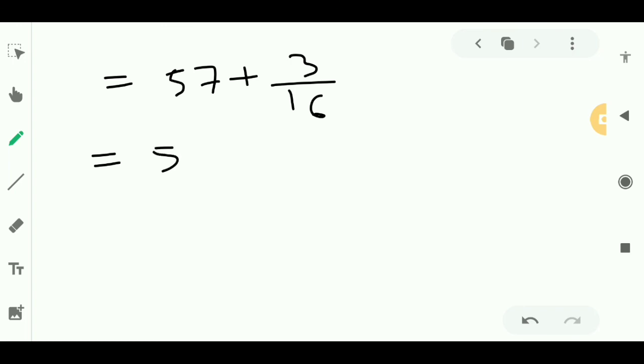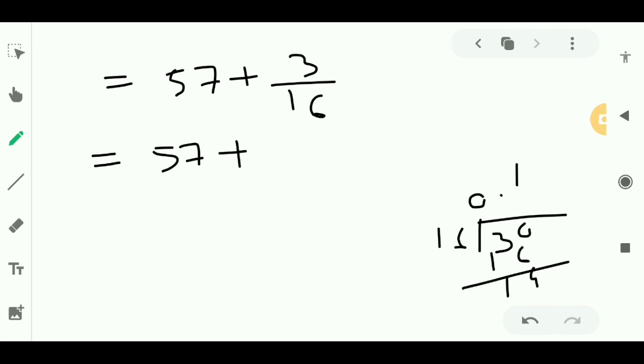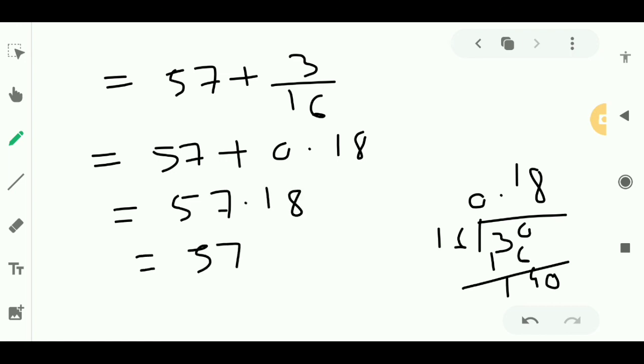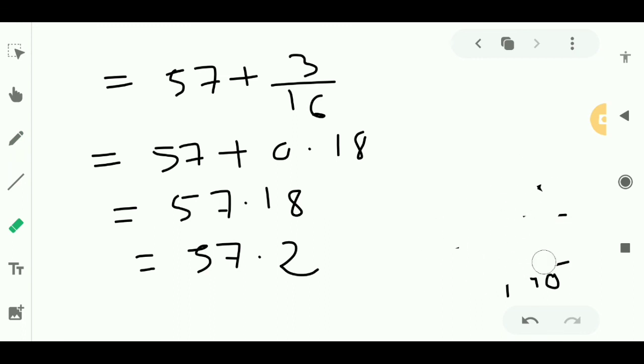Directly I will find it in decimals: 3 by 16 is 0.18. So it will be 57.18. Rounded, you can write 57.2. So this will be our answer, and this method is called